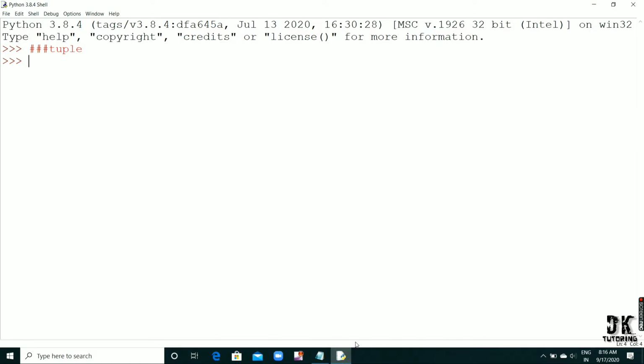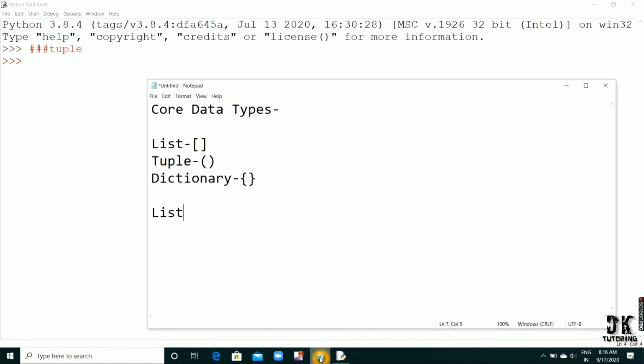तो मैं यहाँ पे नोटपैड ओपन करूंगी. List is a mutable type of data and tuple is an immutable type of data. Okay, so mutable means we can change the data of the list. The data of the list can be modified, and immutable means we cannot modify. Once the data has been created, we cannot modify that. It's permanent, that cannot be deleted or changed. So immutable means we cannot change, and mutable means we can change that.